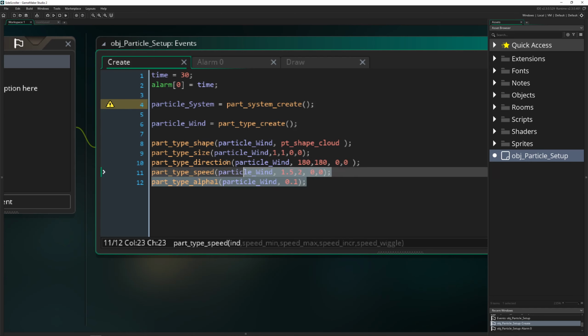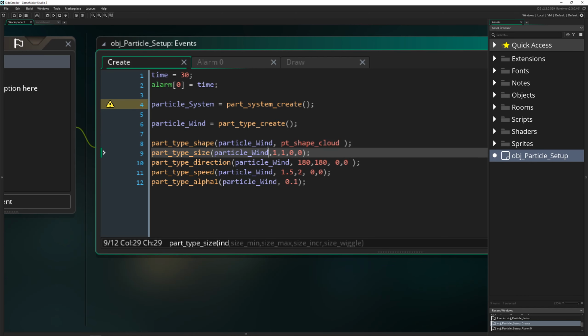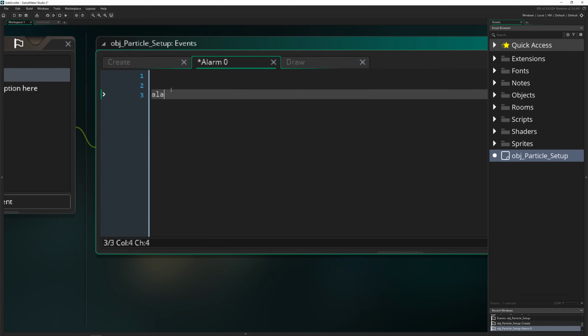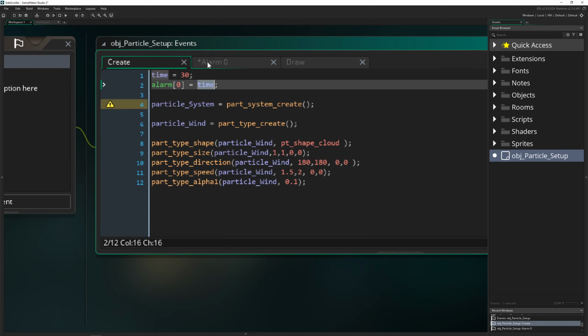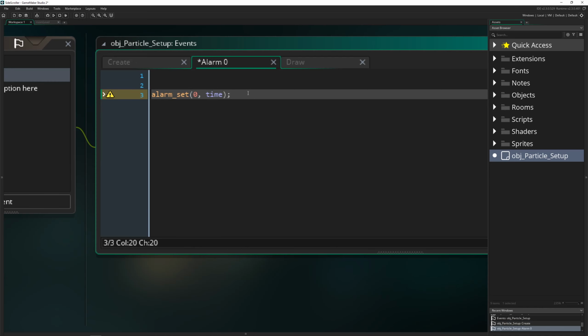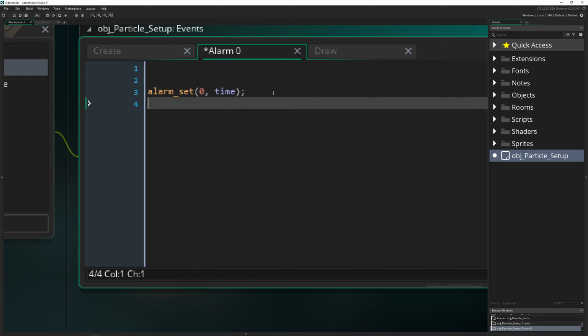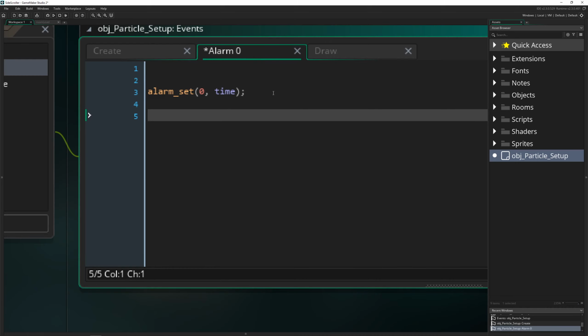Then the particle, we customized it with tons of values, but now we haven't created it, and therefore we first of all need to loop our alarm. So alarm set, then go for 0, and what kind of time do we want to put in? Well, this is a variable, so basically this is the handy part. If you store it in a variable, then you can loop it all the time. And now we want to create this particle, and here you can actually do different things, but let's say for example we just want to create it like that, which is a terrible way, by the way. So what could we do? We could just say, hey,